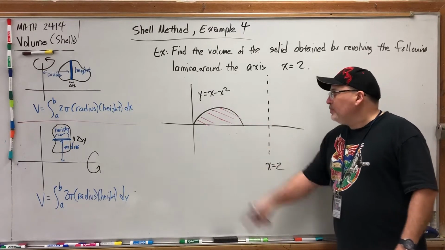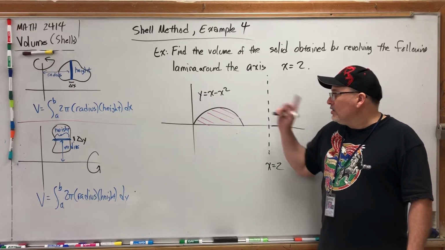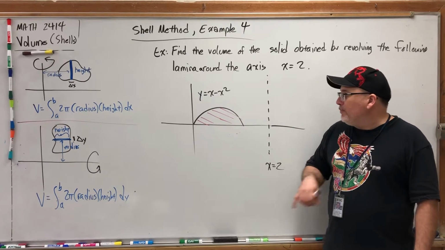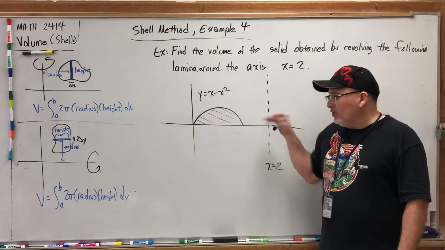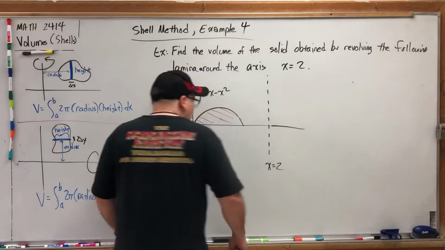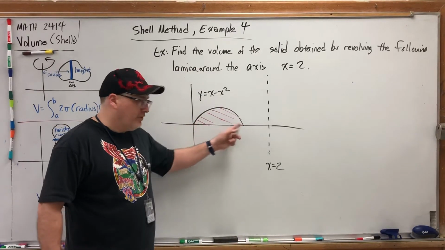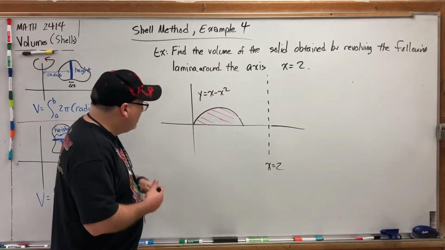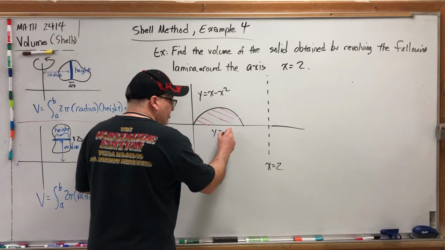Our lamina is the portion of the first quadrant that is bounded above by y equals x minus x squared and bounded below by the x-axis. Now before we go any further, we should probably figure out the x-intercepts because this is probably going to be our interval of integration. Finding the x-intercepts is easy because on the x-axis y is equal to 0, so we